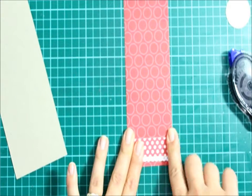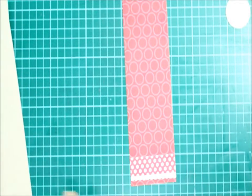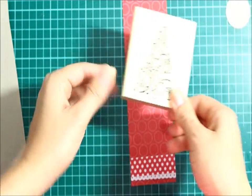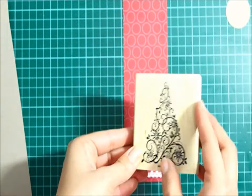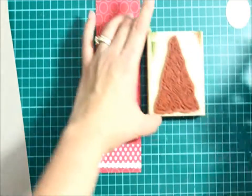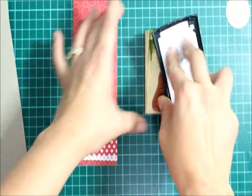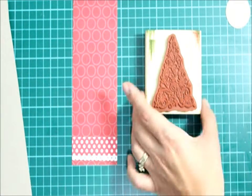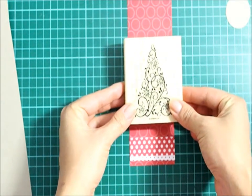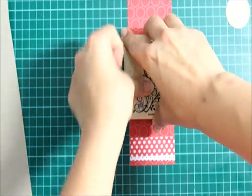I'm going to go along the bottom. Now on this same cardstock, what I'm going to do is grab my stamp set. Now this one's an old one, it's Snow Swirled, but I love this Christmas tree. So inking it up with Versamark, I'm just going to make sure it's well inked, and then I'm going to stamp the center of that. Okay, pressing down firmly,